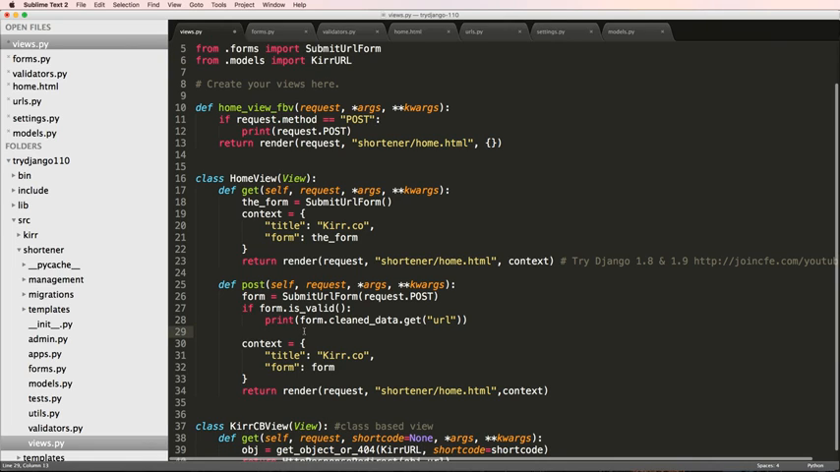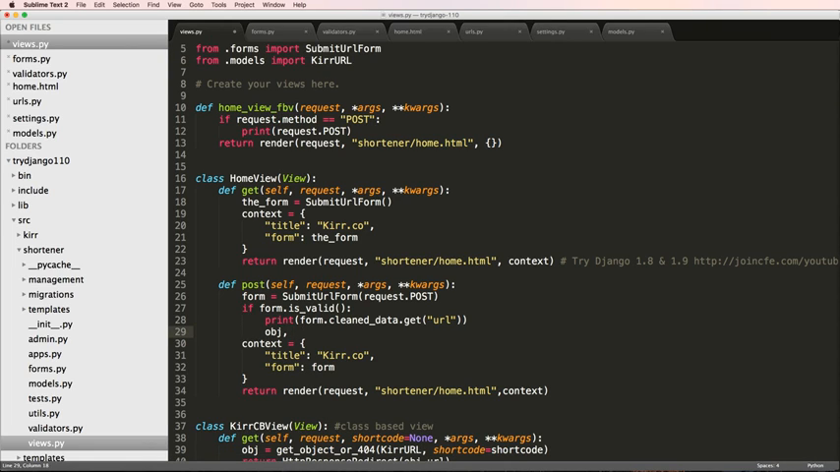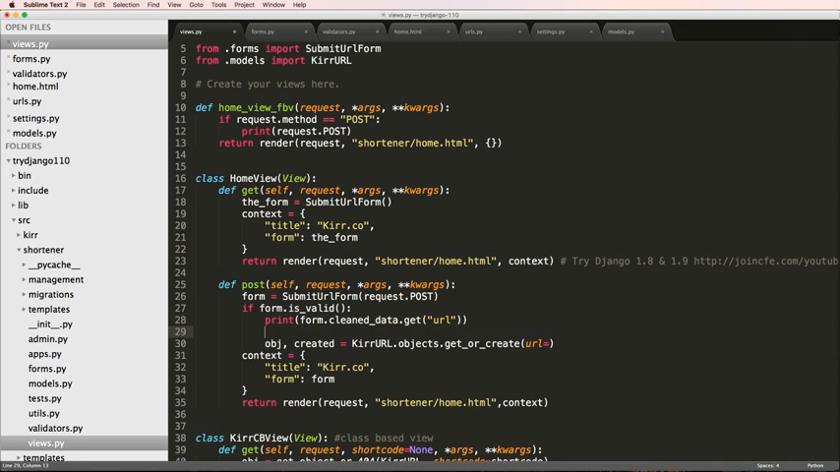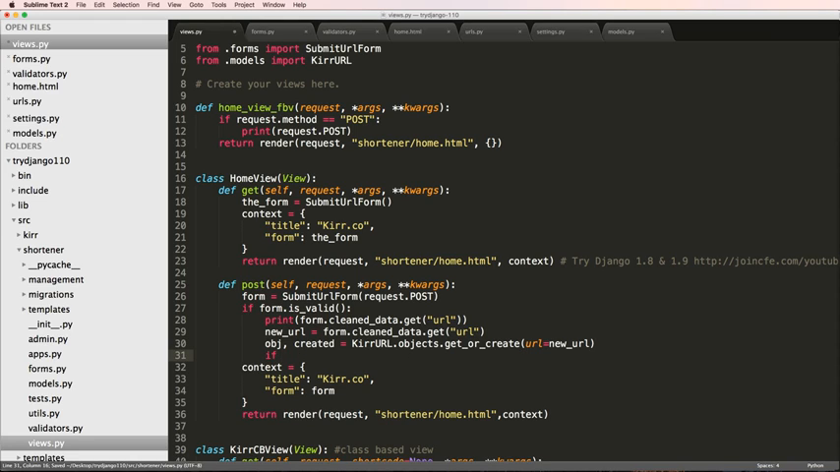And since we've done the validation stuff, we can simply just do obj, created equals to Url.objects.get_or_create, URL equals to, well, URL is going to be equal to this data right here, which we've already seen. So we'll say URL equals to form.cleaned_data.get URL, or new URL or submitted URL is equal to that. And we'll just say if created,